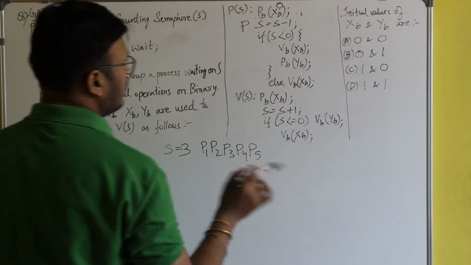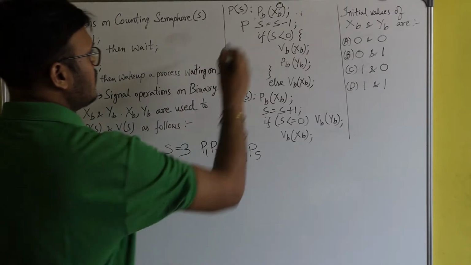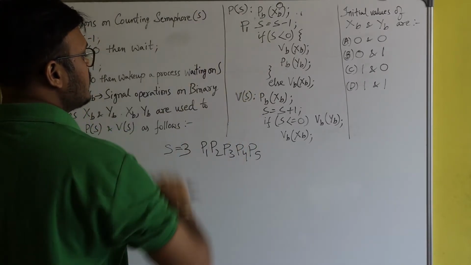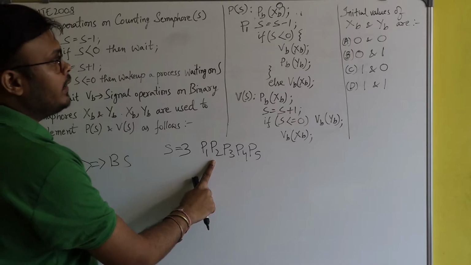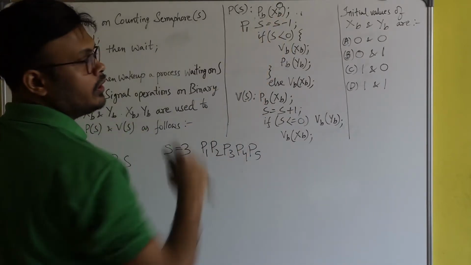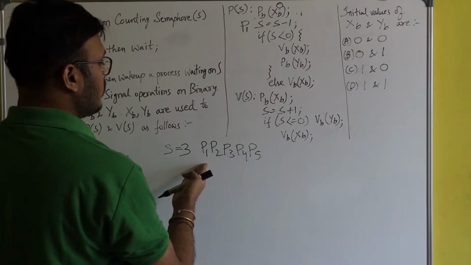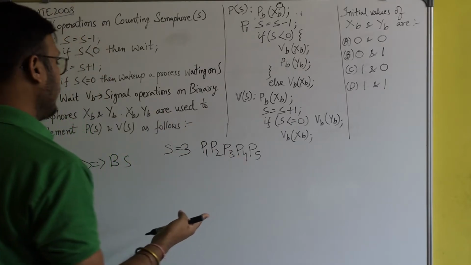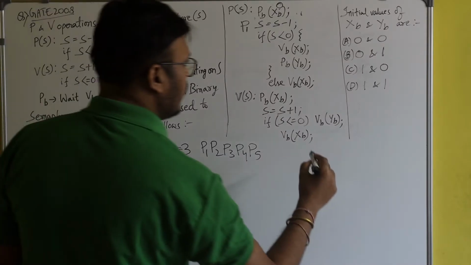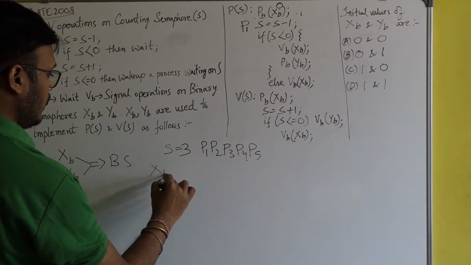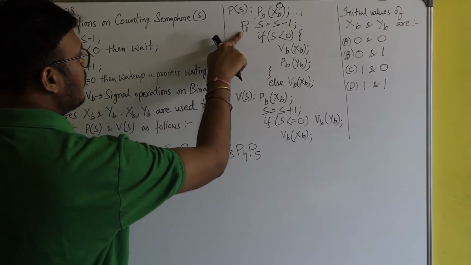So now you see, at this time, here is P1. If process P2 tries to enter into the critical section, it will fail. Why? Because the value of xb is 0. xb is a binary semaphore, and if the value of a binary semaphore is 0, then the process can't get entry. It will be denied. So the initial value of xb was 1, now it has become 0, and now P1 has come here.